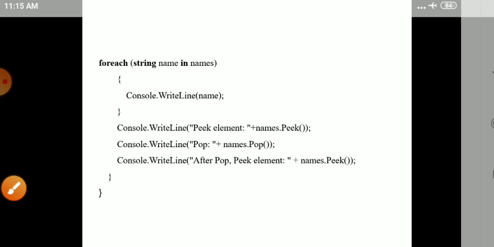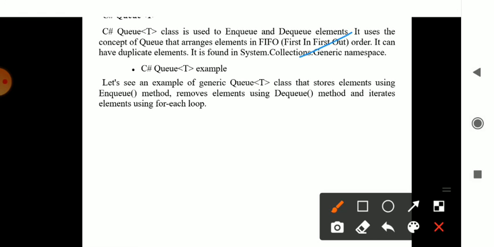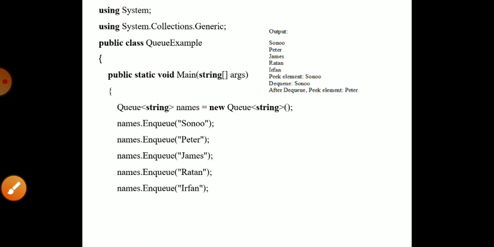It is the same in the queue part also. Here also it fetches the elements, prints the elements, removes the elements. The same concept is there, but removing the elements will be in first in first out format. Okay, and it has the syntax Queue<T>, where T is your data type. You will be using the terms enqueue, entry into the queue, and dequeue, deletion of the queue element. Those two methods are considered.